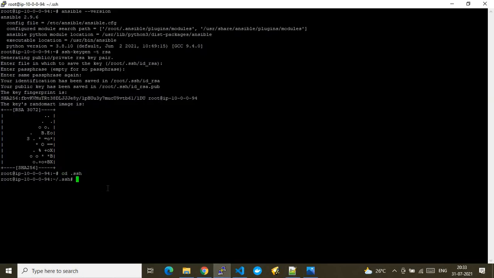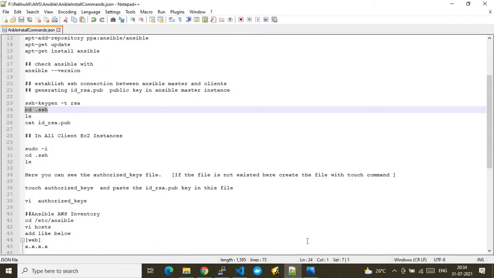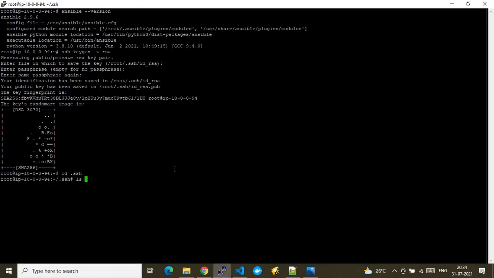For that, I need to go to the SSH folder, and from there I have to open the id_rsa.pub. Okay, let me see that. This folder has multiple files under it. This is what we need, because we are more interested in id_rsa.pub, which we just now generated by running the above command.